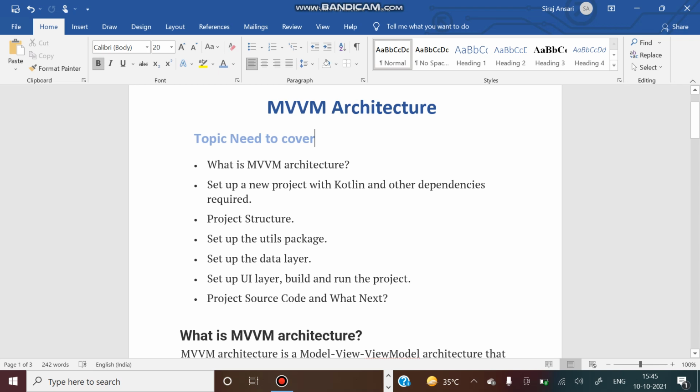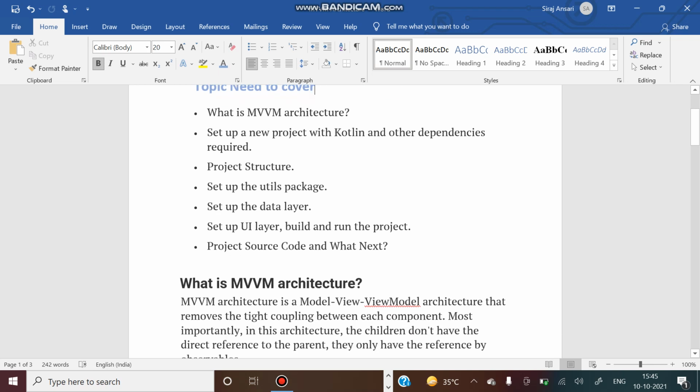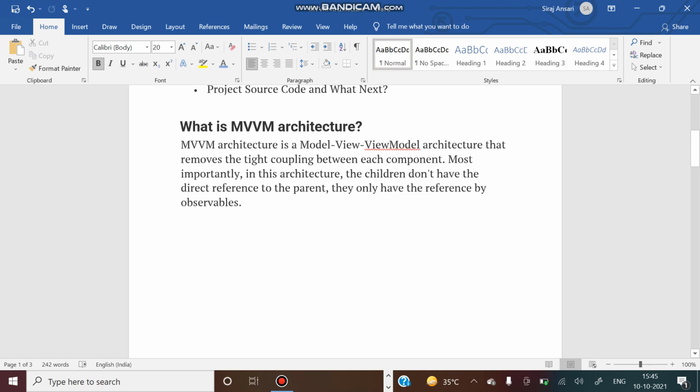Here I will cover only the MVVM architecture, and how it is going to be designed in your application. So first of all, what is the MVVM architecture? MVVM is an acronym for Model View ViewModel, an architecture that removes the tight coupling between components. Most importantly, in this architecture, the children don't have a direct reference to the parent; they only have the reference